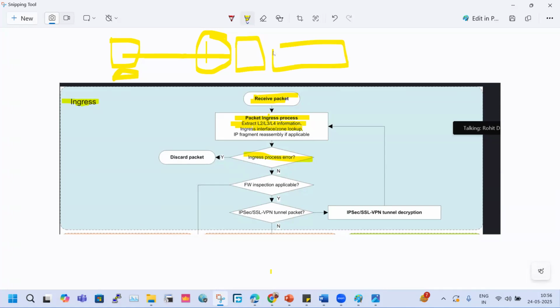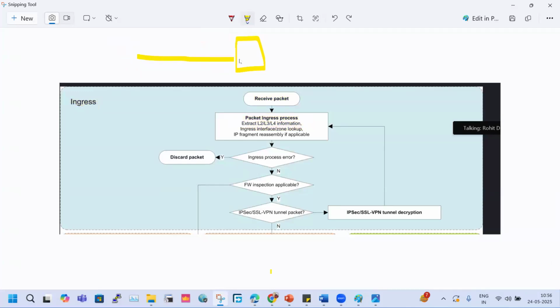So what is a zone here? Palo Alto firewall is a zone-based firewall. A zone is a dedicated area where we put similar kinds of machines. If you have heard about firewall technology, it works most popularly with three zones: the LAN zone, the WAN zone, and the DMZ zone.